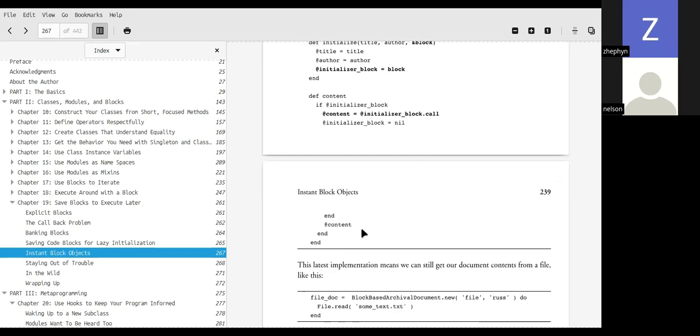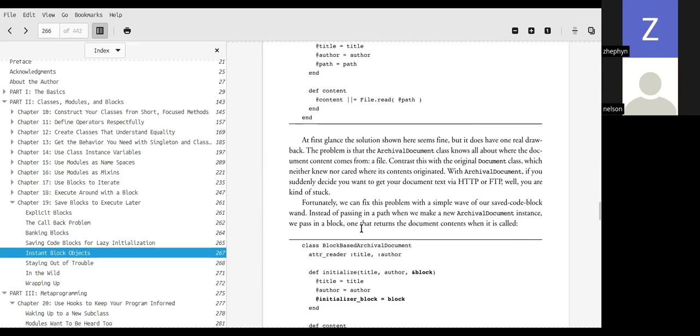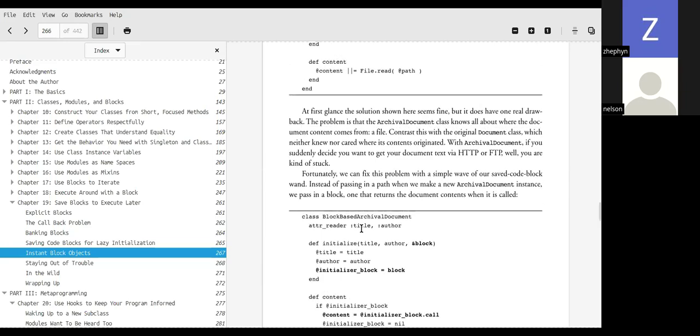And how is this better than the previous solution of accessing the file path? So in my opinion, this approach is more dynamic compared to the one before, in that we no longer have to rely on the path of the file, in which case the path has to exist on your machine for you to be able to create a new ArchivalDocument instance. But instead, we can have cases whereby